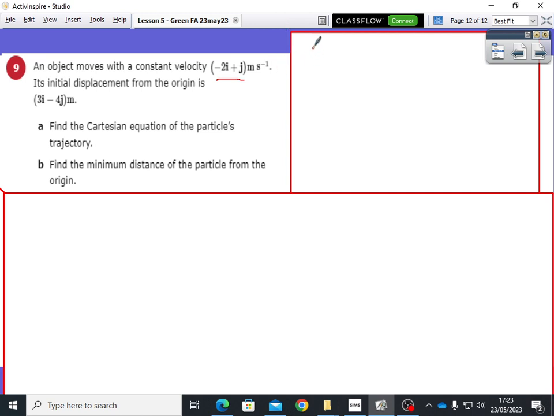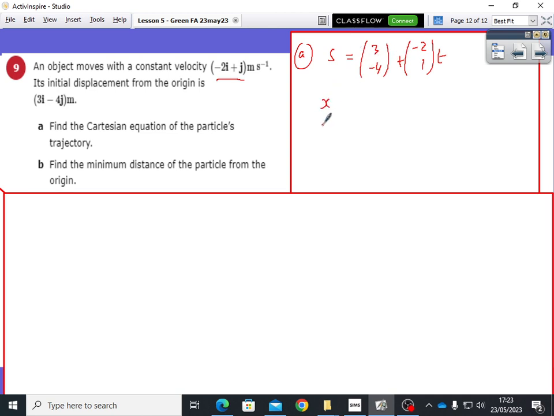Okay, so first things first, let's find the displacement. It starts from there, so that's going to be 3, minus 4, and it's traveling at constant velocity minus 2, 1, which is multiplied by time. So that's the trajectory of what it's going at. That's how its displacement is going. Actually, to get the trajectory in Cartesian form, now we know it's going along the vector there, so that's going